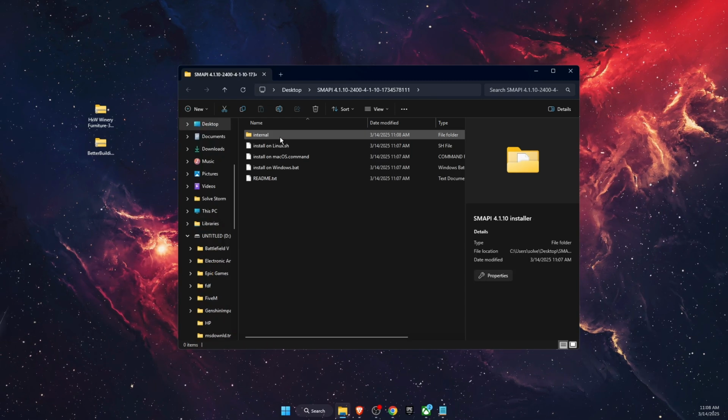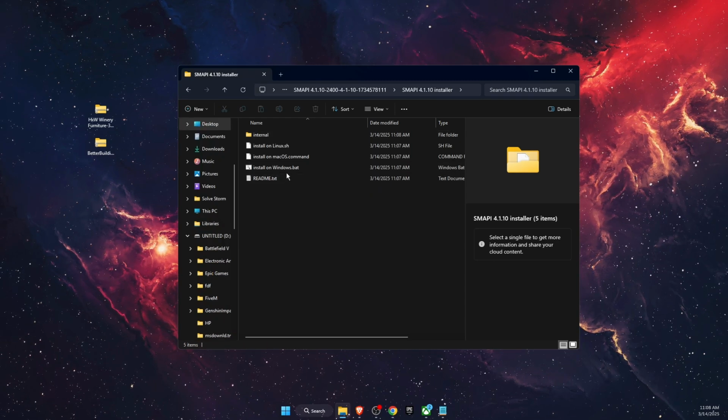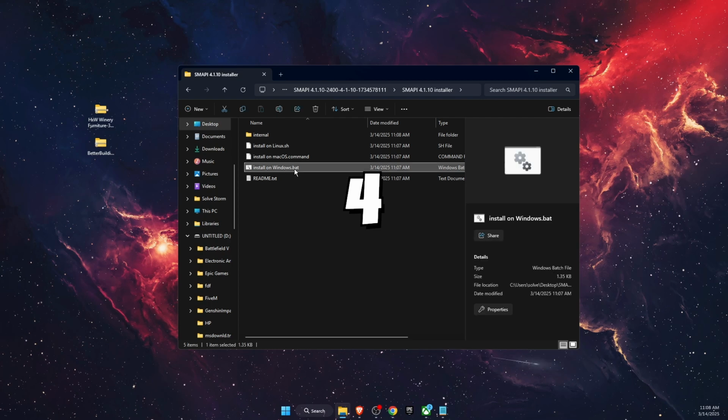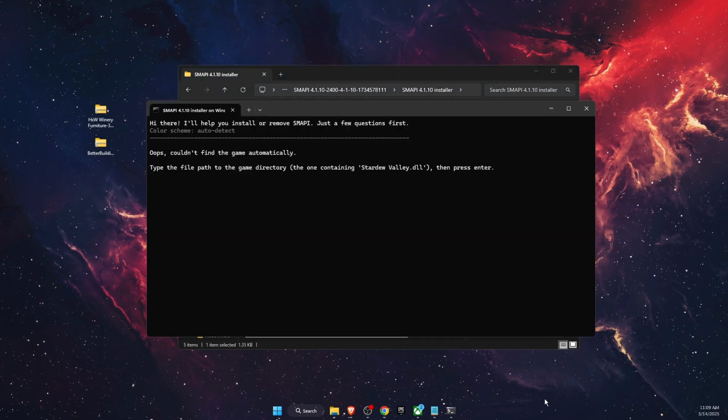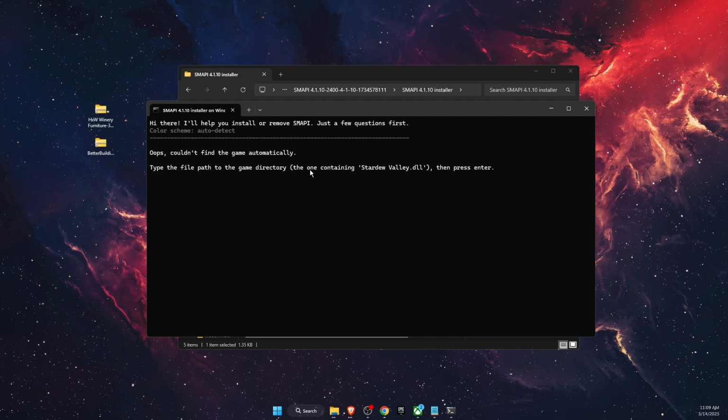Now open up this folder and find your operating system. You're going to choose install on Windows, double click on it. Now, if this happens for you and the directory is not automatically selected, you want to go, for example,